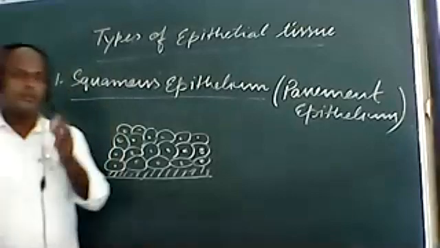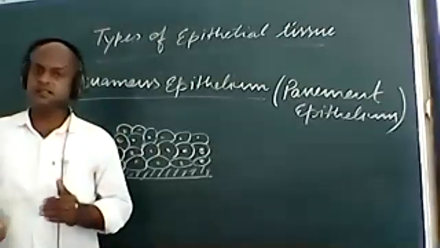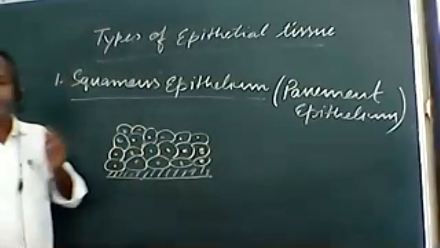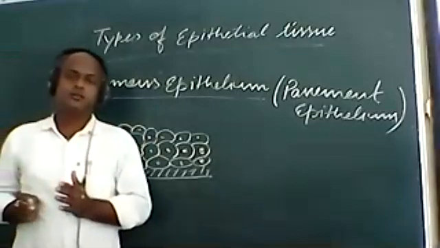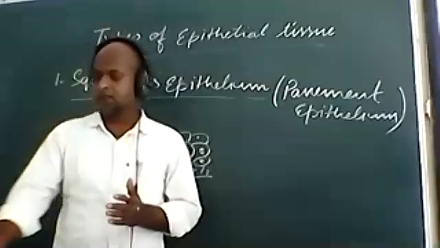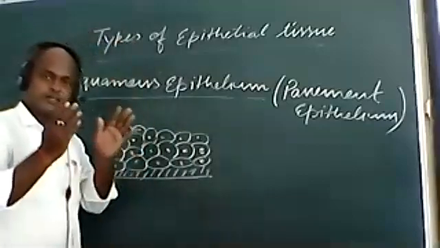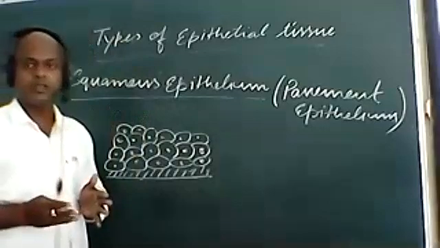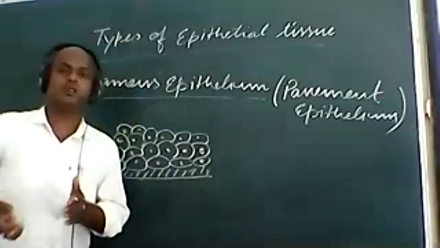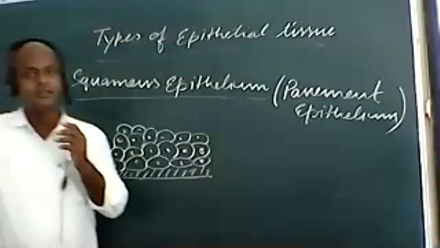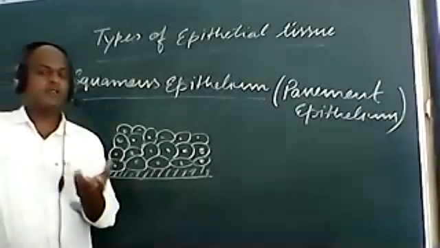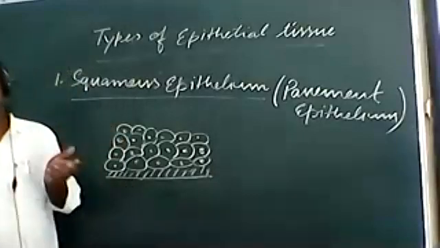And if you see the adjacent cells, adjacent cell मतलब इसके सामने वाली सेल को हम देखेंगे तो adjacent cells fit together like the tiles. If you see the structure of the adjacent cells which are together with each other, in that condition like the tiles, they are close to each other, or we can say that adjacent cells are together like the tiles on the floor.